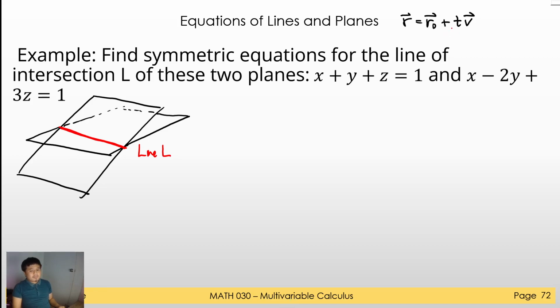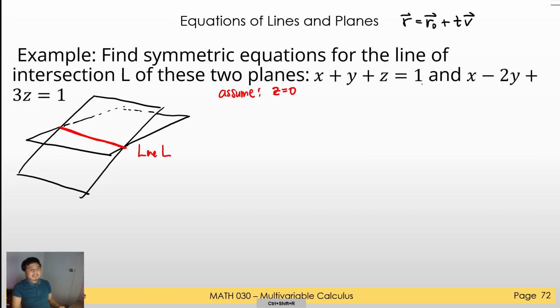For the initial point, we can choose any arbitrary point here. We can assume that when z is equal to 0,